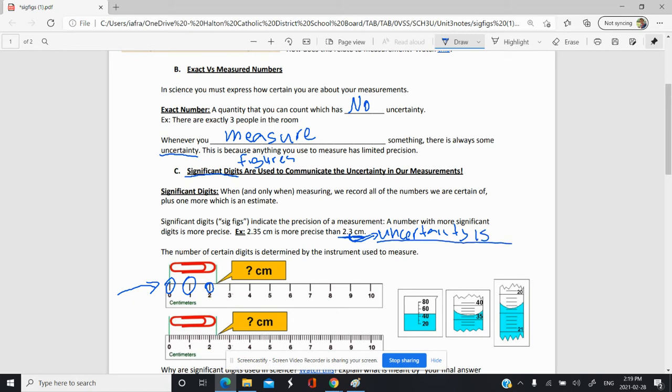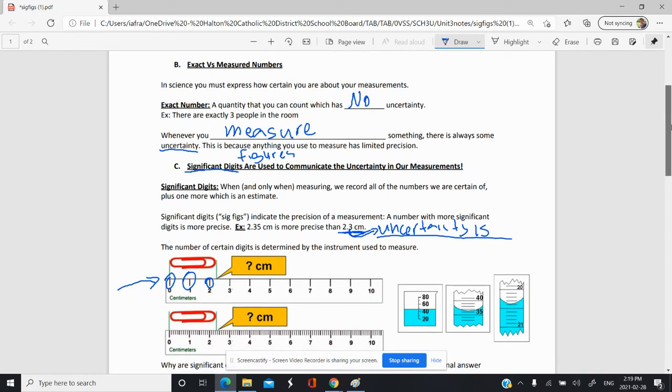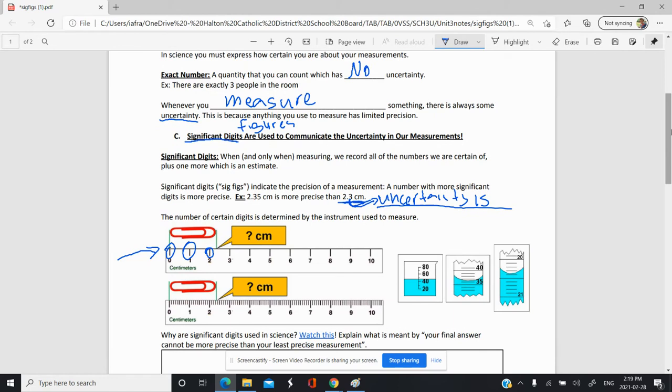Now let's say I get a ruler that's a little bit more precise, with more divisions. So notice over here, I'm certain about my 2. Then I have 1, 2, 3 lines there, and I'm just above the third line there. So I'm certain in my 2 for sure. I'm certain in my 3 here, but I'm not certain in my 5 there. So I say it's 2.35. I'm halfway between the 0.3 and the 0.4 line, but it might not be